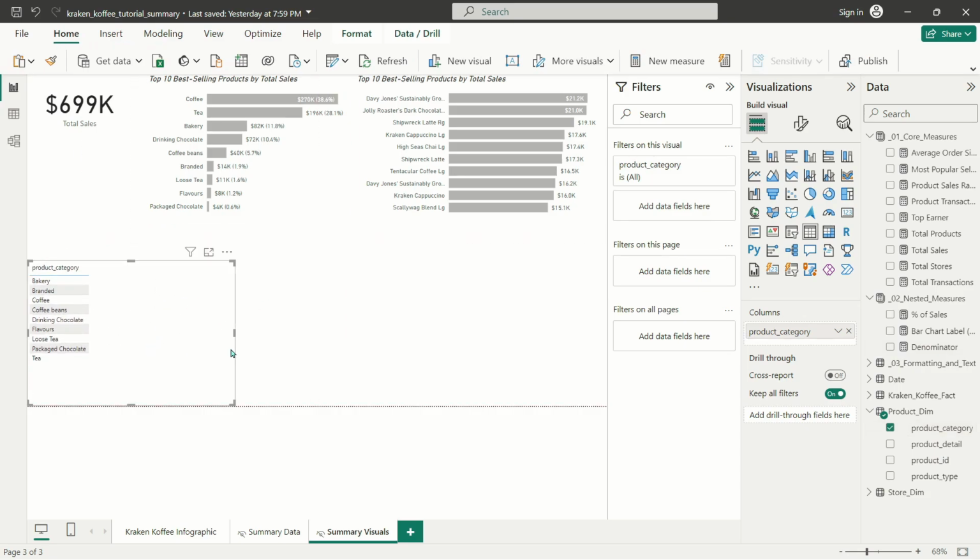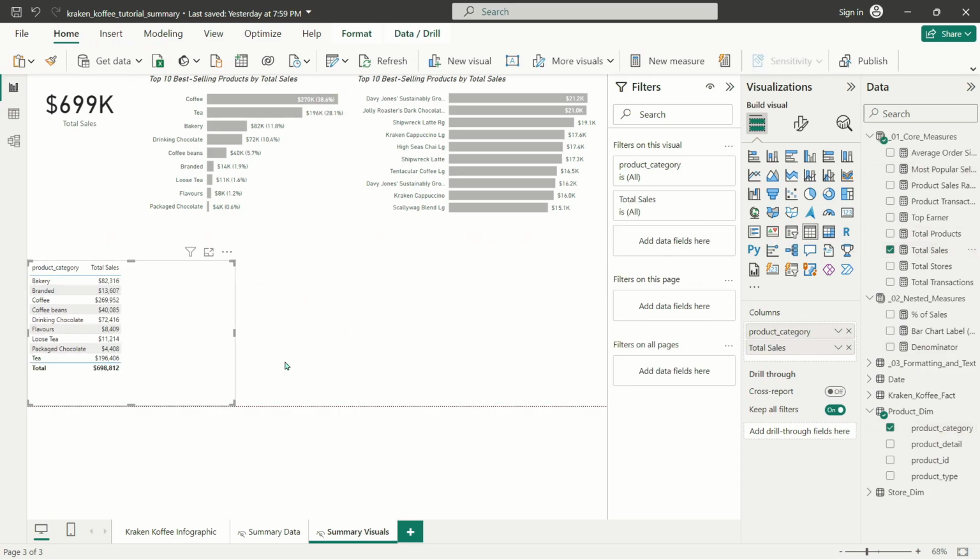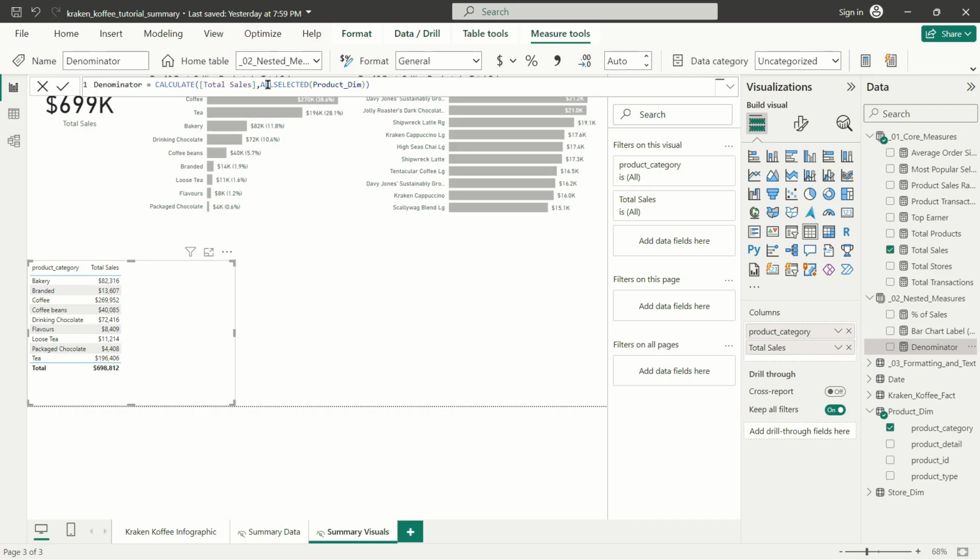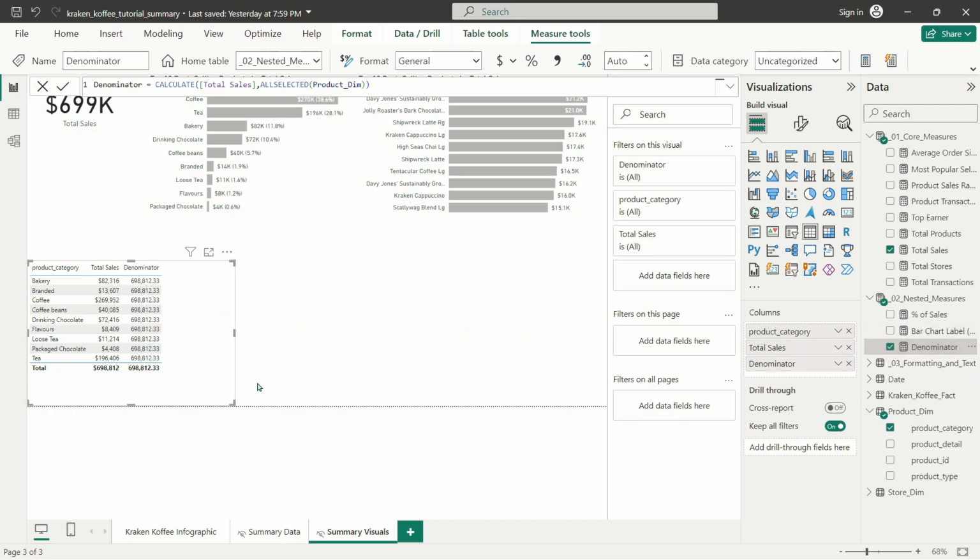If I just grab product category and drop total sales into the table, total sales is changing based on every single value over here, right? That's the normal functionality of Power BI. When I add ALL SELECTED in here, I'm basically telling Power BI to ignore the individual values here and just show me the total. So notice when I drop denominator over here, you can see it's just